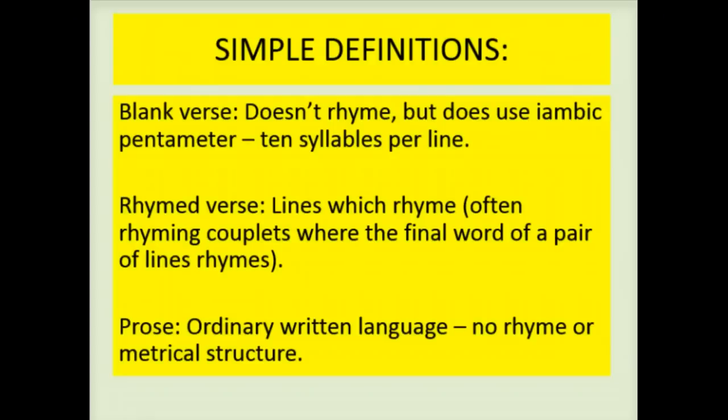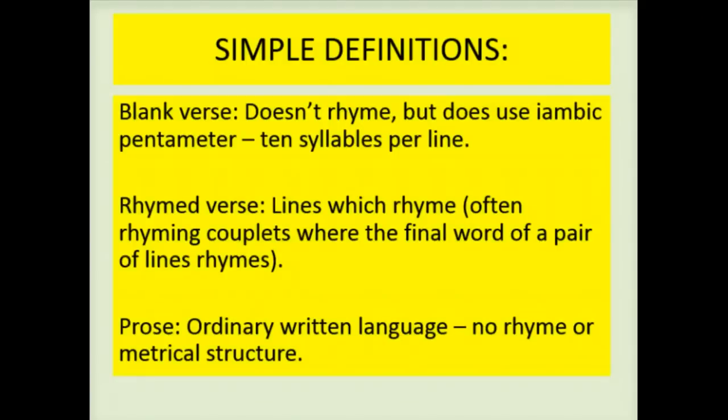So blank verse is where lines are written in a sort of rhythm. They have 10 syllables per line, but they don't rhyme. So if you're looking for blank verse, it's where characters' lines have 10 syllables. It's iambic pentameter with one stressed syllable followed by one unstressed. But if you don't understand that bit, just look for lines that have 10 syllables per line,